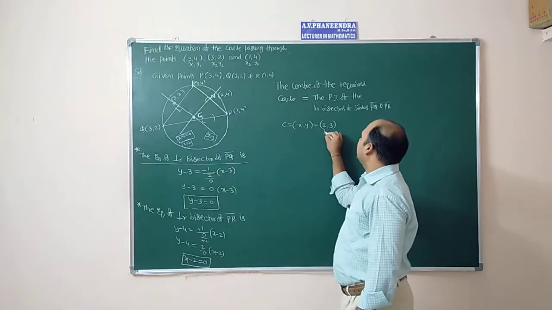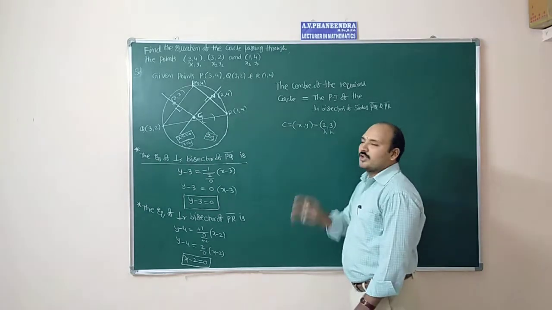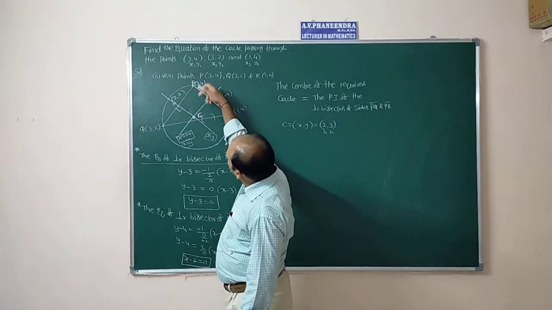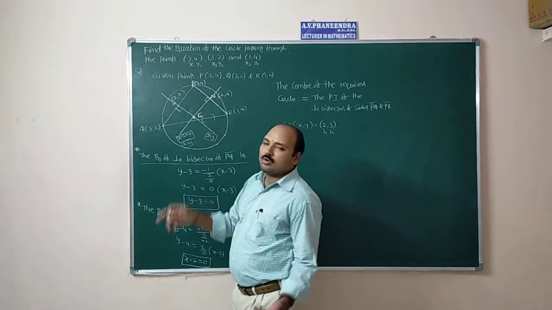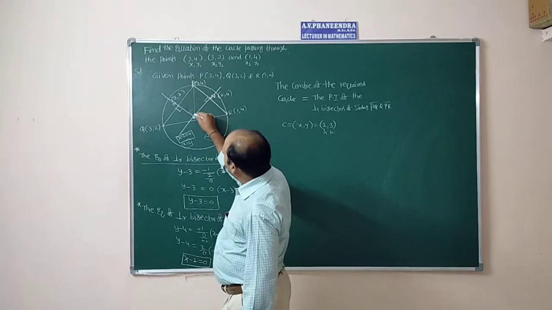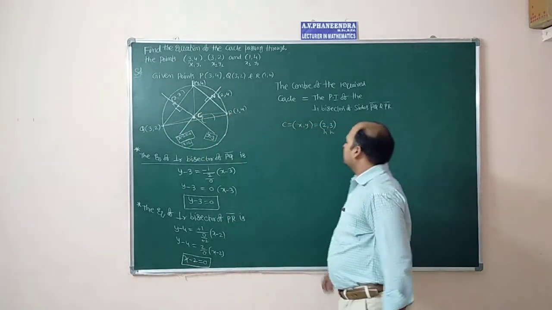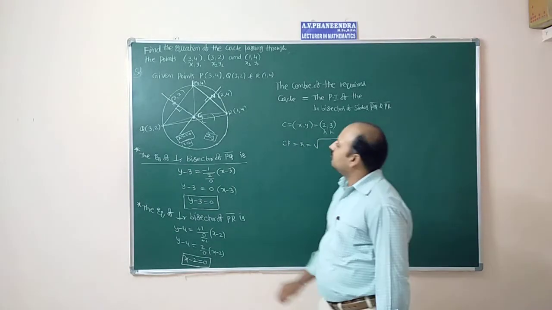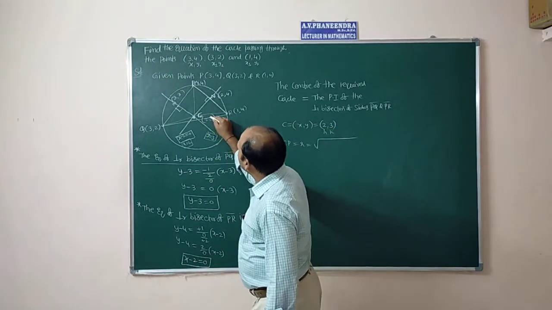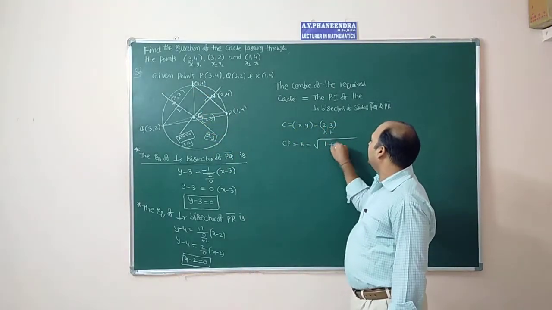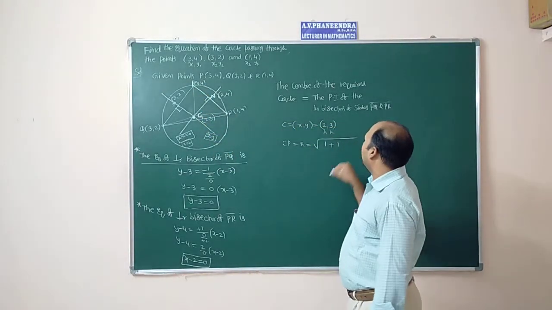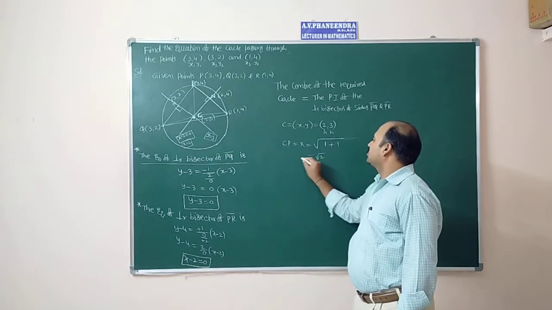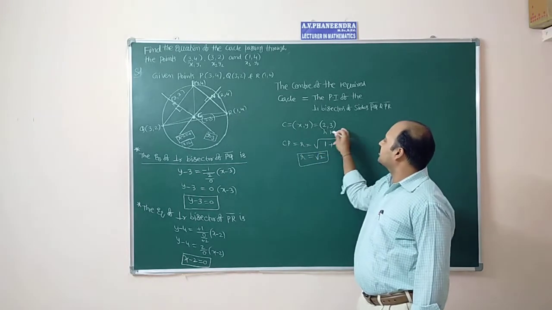We got the center, generally denoted by (h, k). Whenever we know the center, the distance from the center to any point on the circle will become the radius, either CP or CQ or CR. So I am calculating CP as the radius: r equal to square root of (2 minus 3) whole square plus (3 minus 4) whole square, which is equal to root of 1 plus 1, root 2. So the radius is equal to root 2.